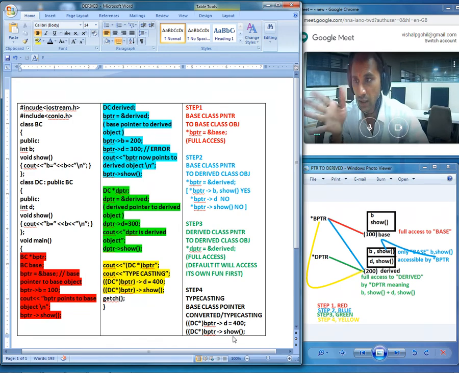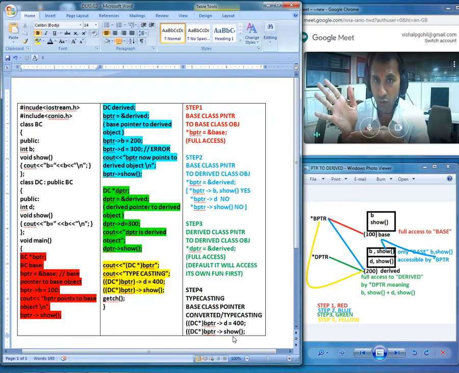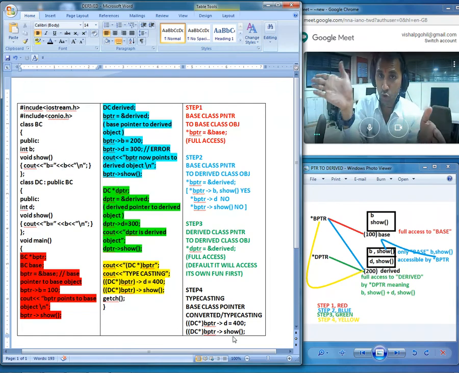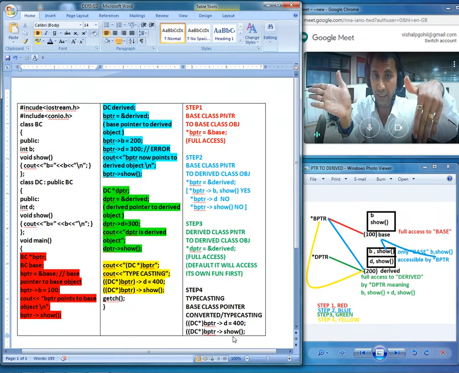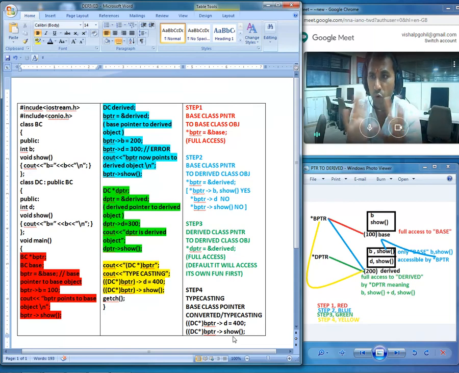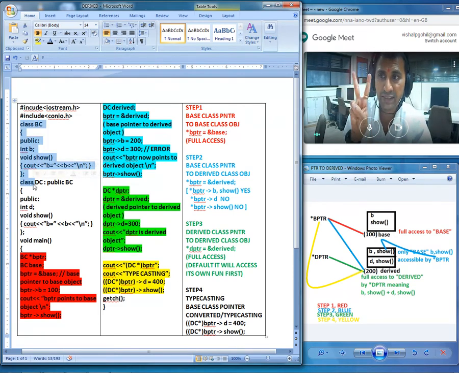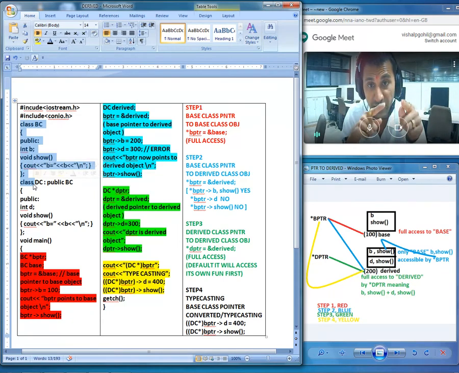All right. If you just take a look at the example code, it will give you the reflection of the diagram itself. That means the code will give you a direct reflection of the diagram, so that you can correlate them anytime you want, for simplification and for the explanation itself. Here we have a base class called BC with two properties. There is one variable and one function in the public section. So when you create an object of the class called base, it will be something like this.